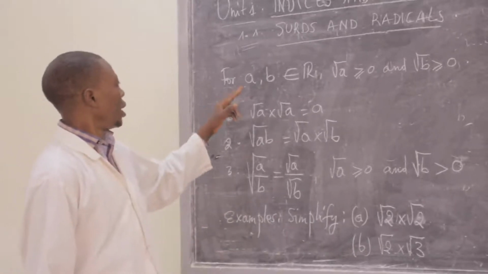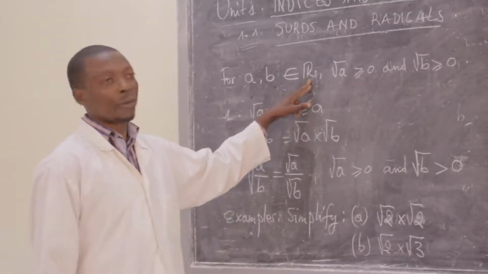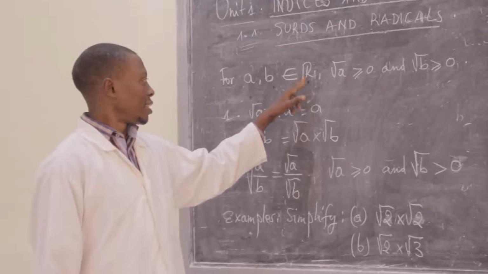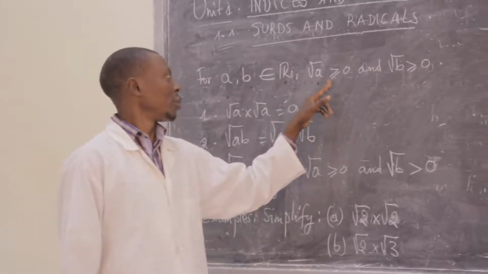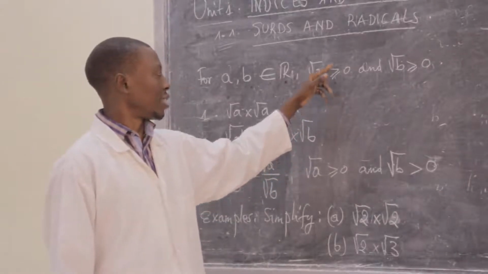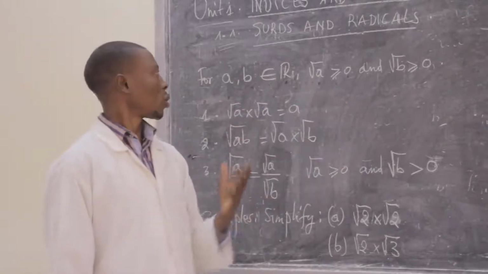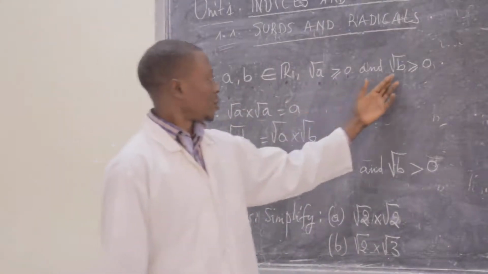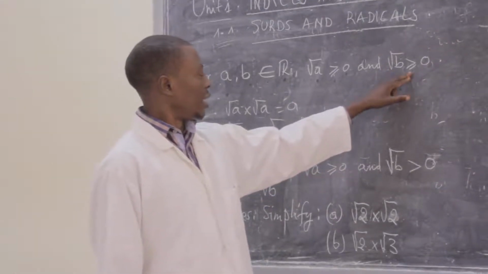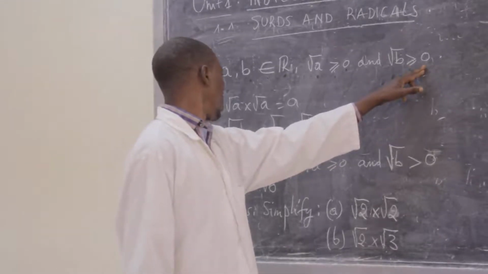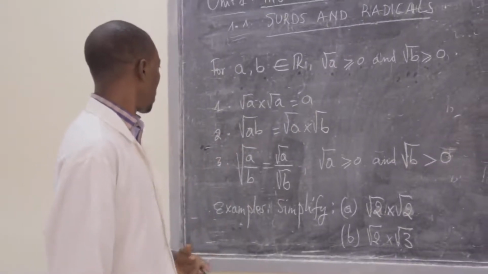You see, if A and B belong to the set of real numbers R, in this case the square root of A will automatically be positive, or greater than or equal to 0. It can be greater than 0 or 0, no problem. And for the square root of B, we need those which make it greater than or equal to 0. Other cases will be in other references.